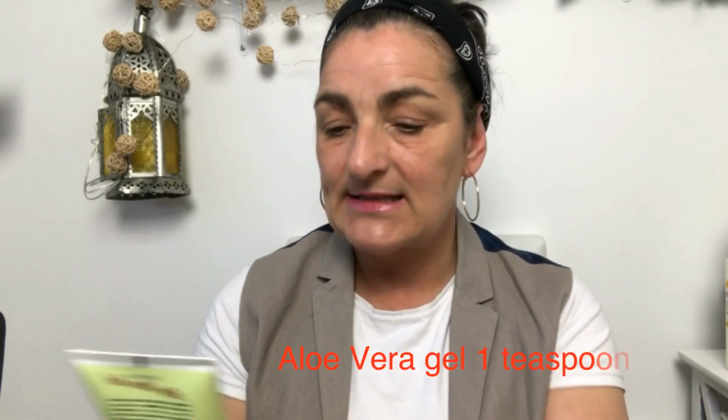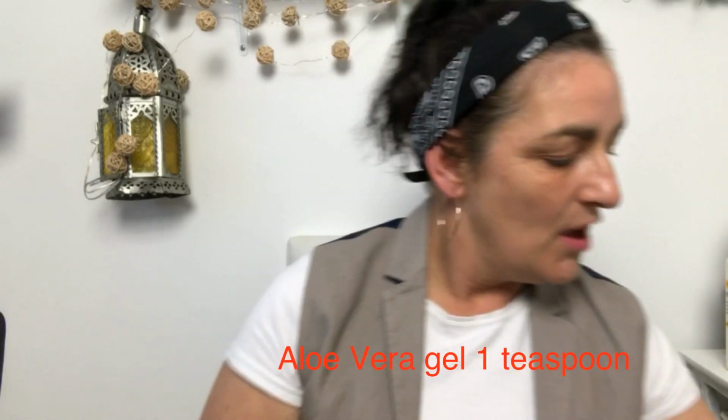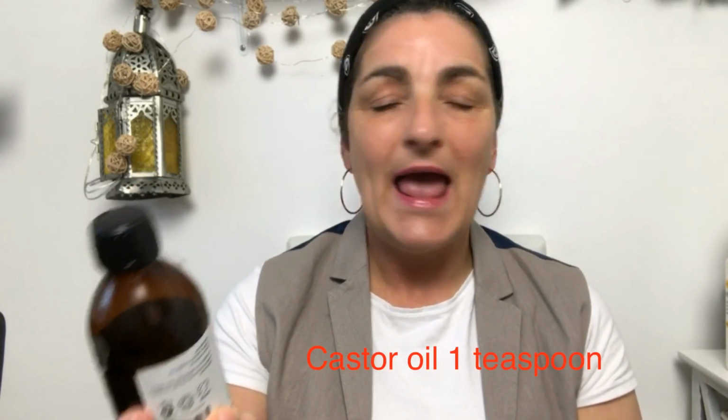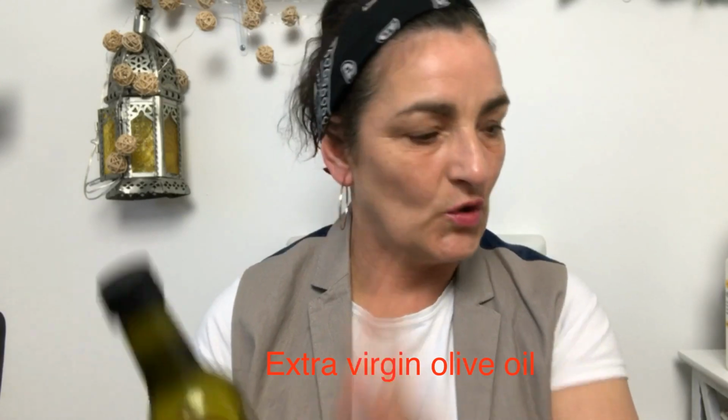So we have that. Now, our next ingredients for the actual mix itself is aloe vera gel. This is 99.9% aloe vera gel. You would need some castor oil. This one is from Pucker. It's Pucker castor oil, and it's cold pressed. You would need some extra virgin olive oil, or if you can get extra virgin cold pressed olive oil,